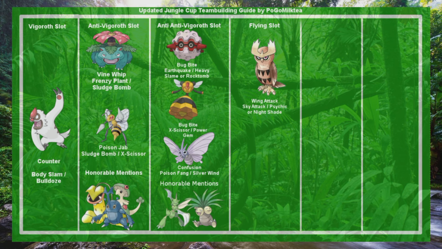Next, for the flying slot, once again, Noctowl. Probably the only flying type I can really suggest, because Noctowl is just so good. It's really the only Pokemon I suggest to use. If you're gonna have a flying type, use Noctowl. Access to Wing Attack and Sky Attack makes it formidable. Very, very formidable. It's extremely bulky, and your choice of second charge move is between Psychic or